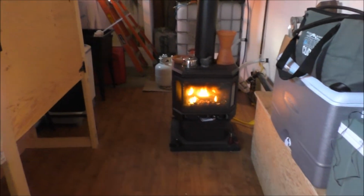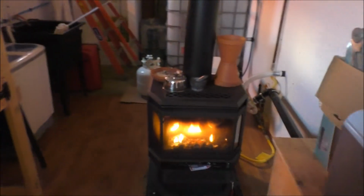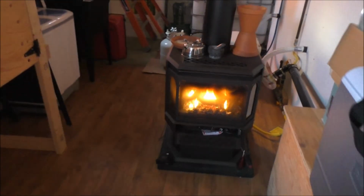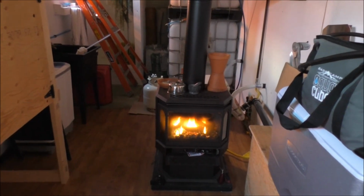This guy's kind of settled down. I had some sooting action. I had to readjust my fake logs in there a little bit, because I guess they were impinging, so we got this soot going on. So anyway, I'm going to start going to work over here